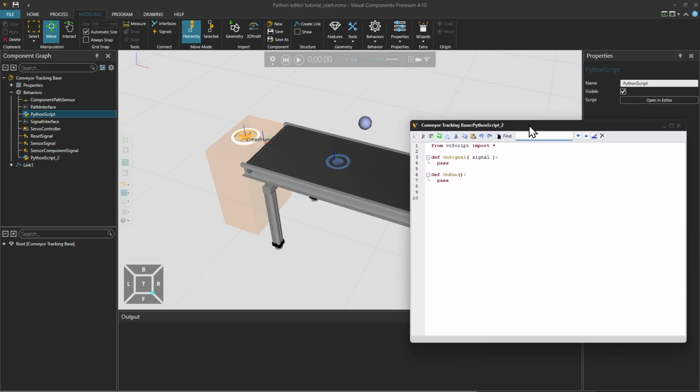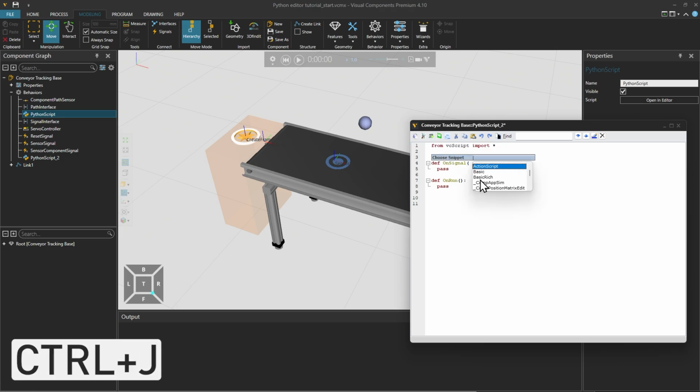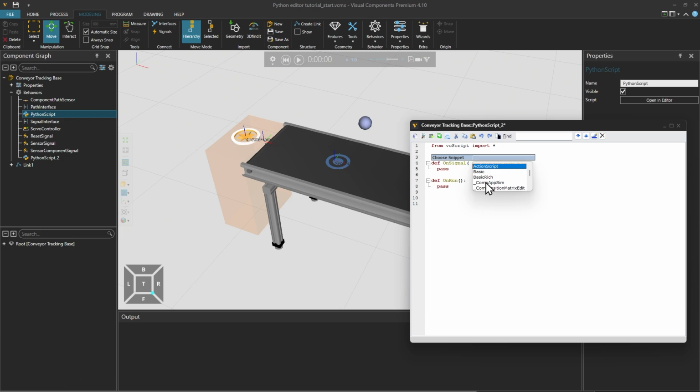The internal editor supports the insertion of code snippets. To add a snippet, use the snippets control from the toolbar or the keyboard shortcut Ctrl plus J. And from the drop-down menu, double-click to add comp app sim, which allows us to access the most used object handlers. A practical way to test our code is printing. We can print a string comp object within single quotes, then add a comma and the comp object.